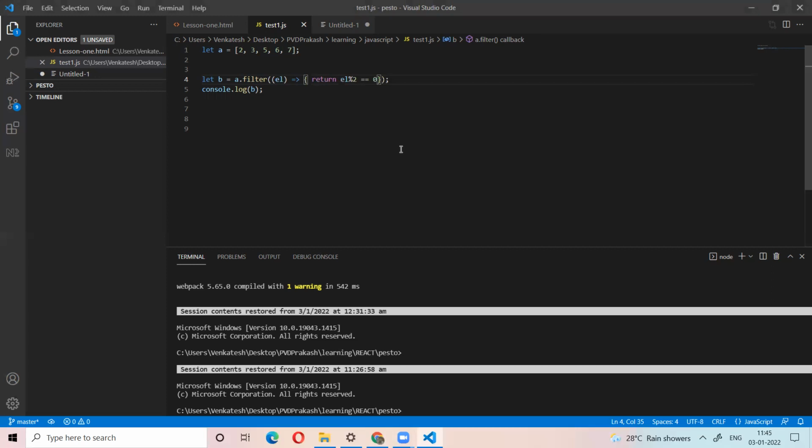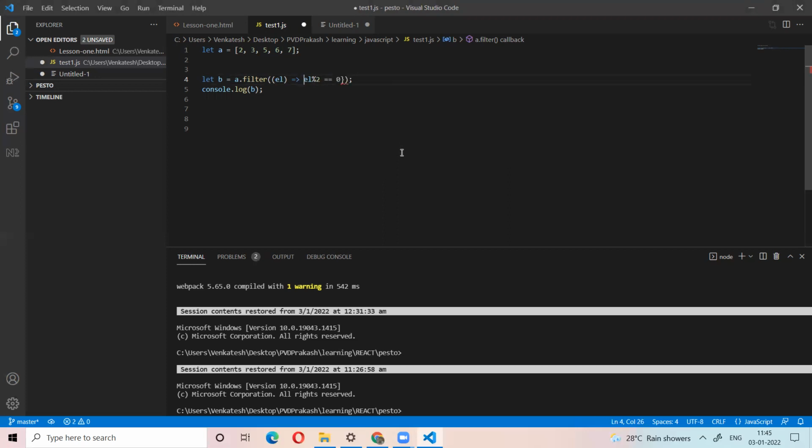So what is the difference between the map function and filter function? The map function applies some functionality to every element of the array. The filter function filters the array based on some filter option.